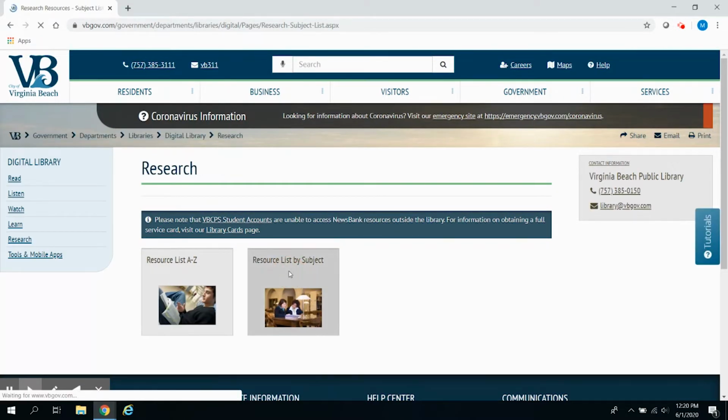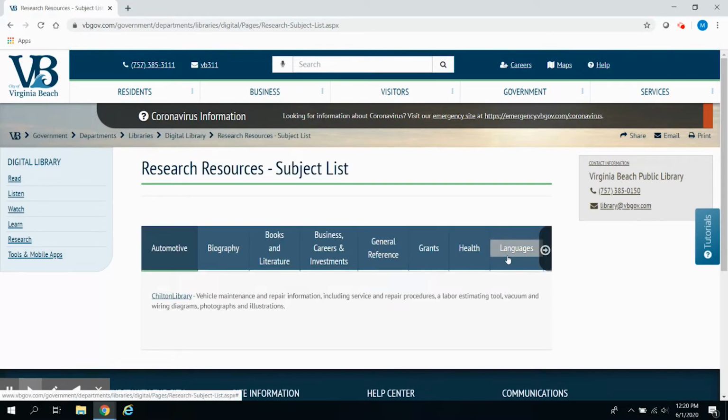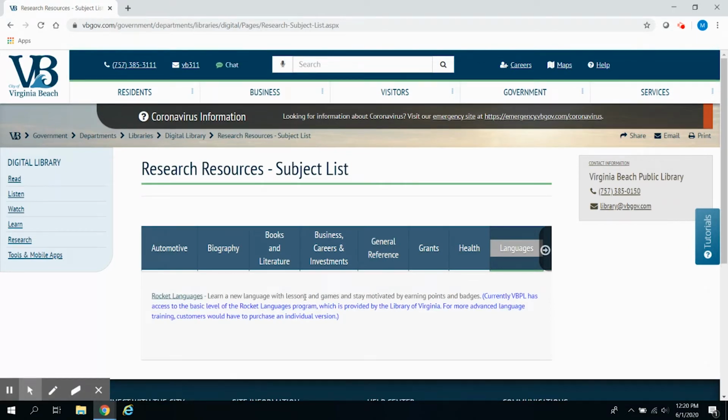We're going to click by subject and languages, and you'll see here that it tells you that you get access to the basic level. If you want anything advanced, you do have to purchase a version, but we're not going to cover that. We're just going to cover what's free. So we're going to click on Rocket Languages,